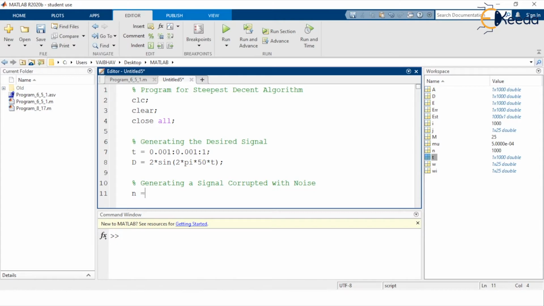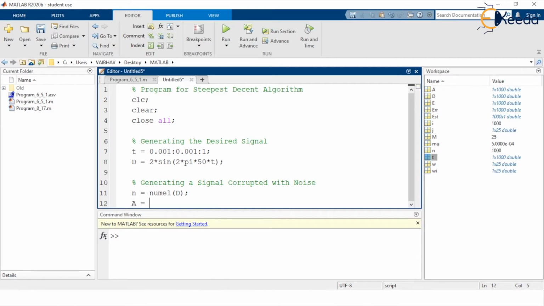Initially for the desired signal, how many elements in total are there, that we will like to count, and for that purpose we have the MATLAB keyword NUMEL and the input argument will be capital D here, and accordingly we shall be generating the actual signal.